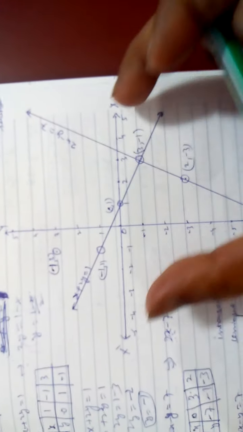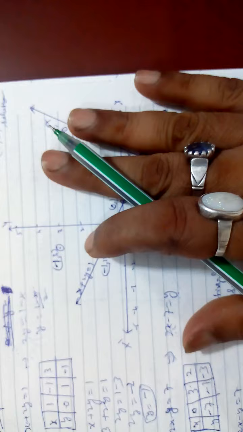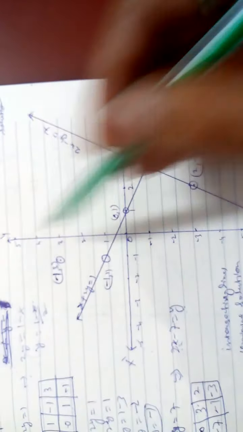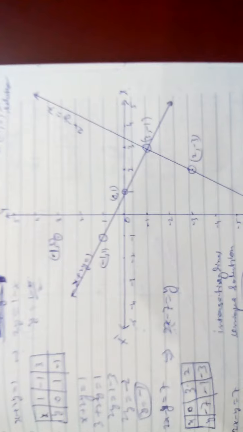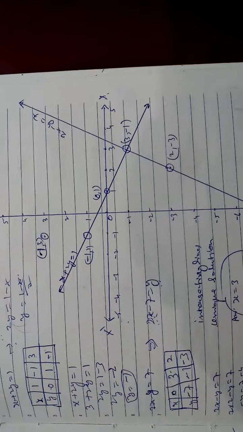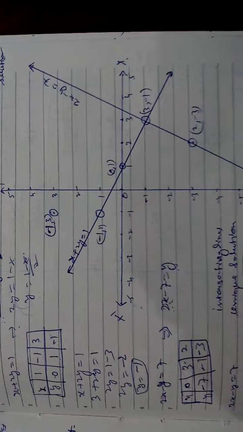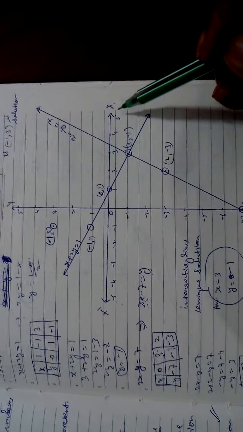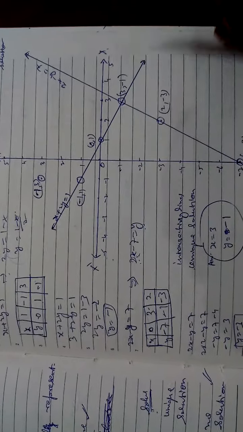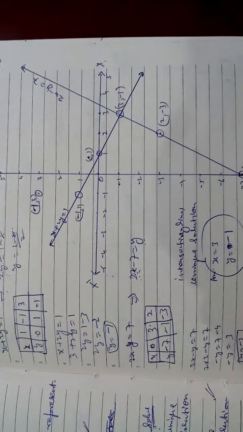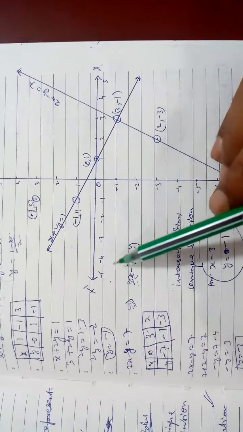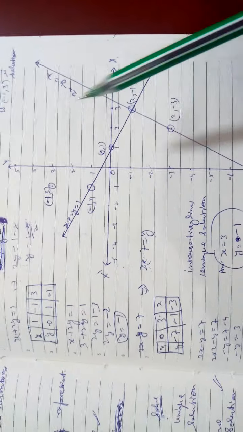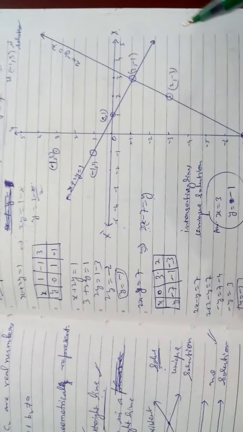Draw the graph. Even if you have plotted the full graph, but you have not written x, x dash, y, y dash, you can get zero marks in the board examination according to the rule. So please keep this in your mind: your graph may be accurate, but if the axes are not written, you will lose marks. You must write x, x dash, y, y dash.